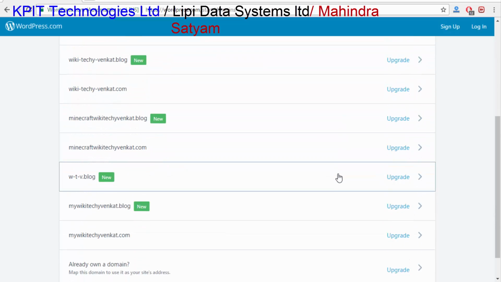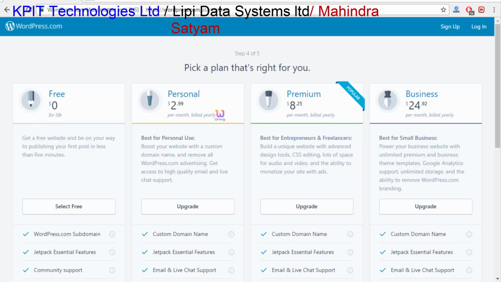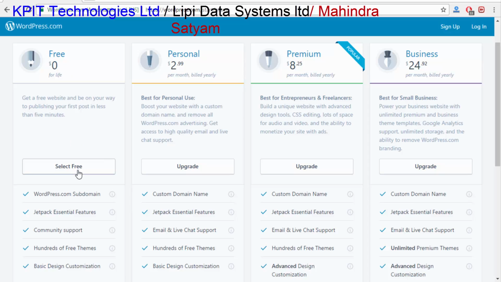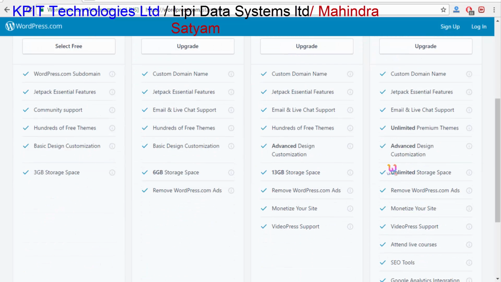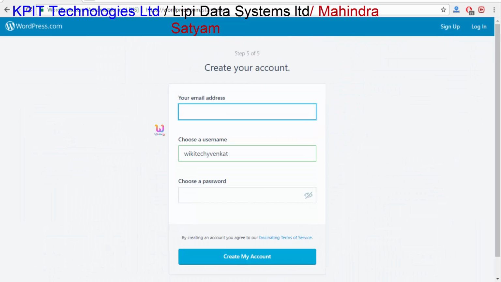You can see you'll be getting a lot of options. I'll select this one. They're asking me whether it's free of cost, or I need to pay for personal, premium and business. I'll go with the free option. So these are the options available. I'll go with the free cost, select free. They're asking me the email address. So I'll be posting it as